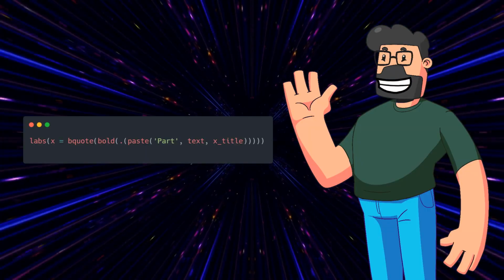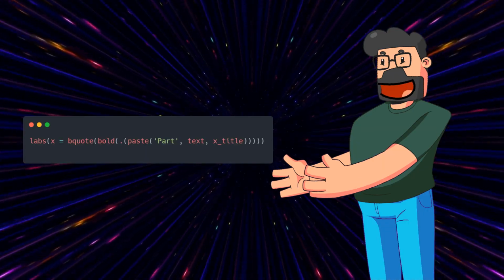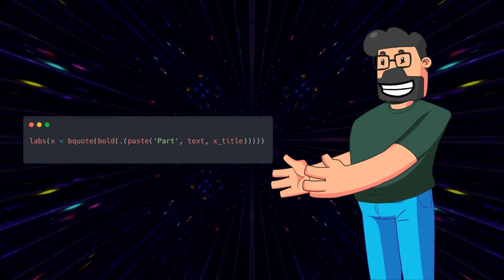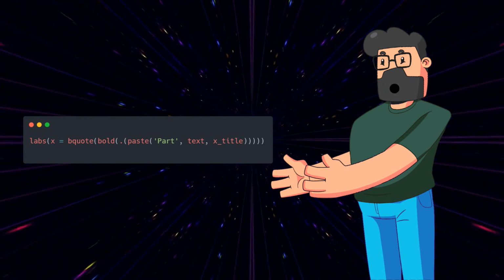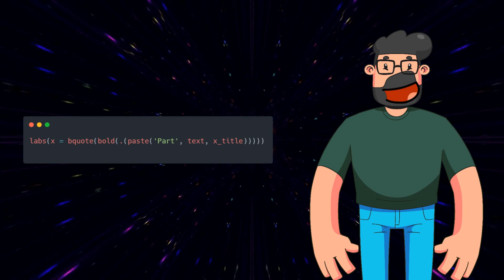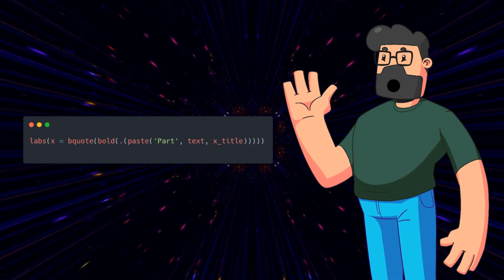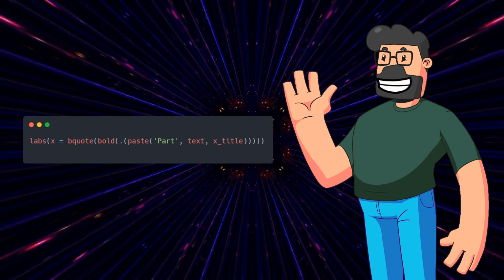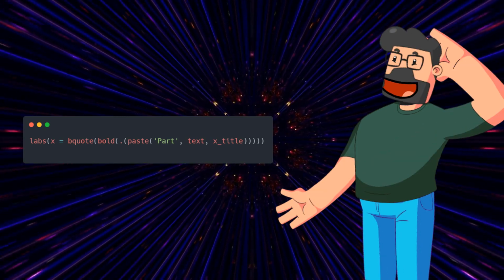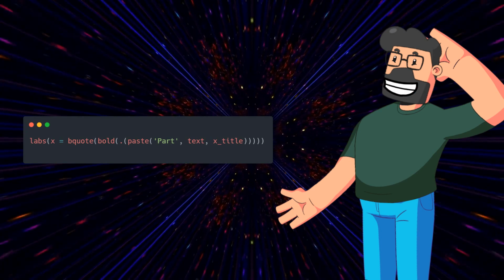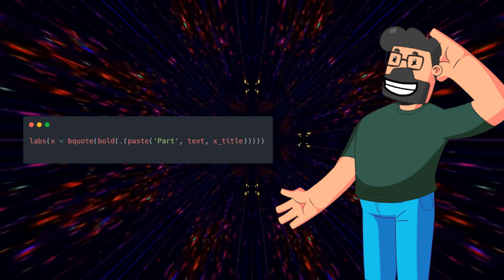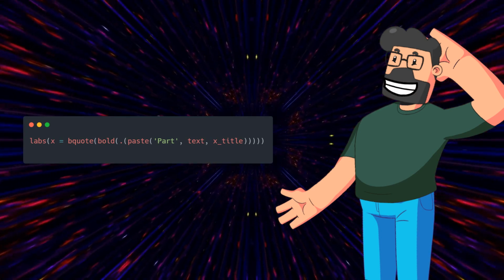Building on the previous solution, another approach you can take is by utilizing the quote function to construct the string with the desired formatting. By incorporating the quote function and using bold along with paste, you can create a bold expression that encompasses all parts of the title, including the numbers. This method provides a flexible way to dynamically generate the axis title with the desired styling for both text and